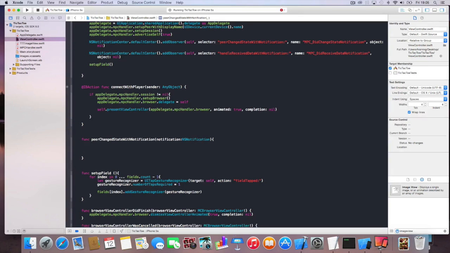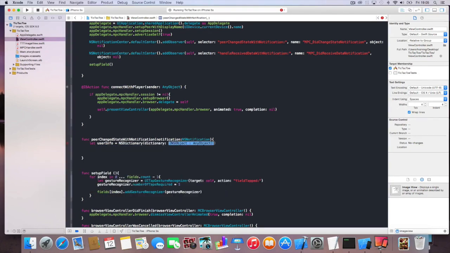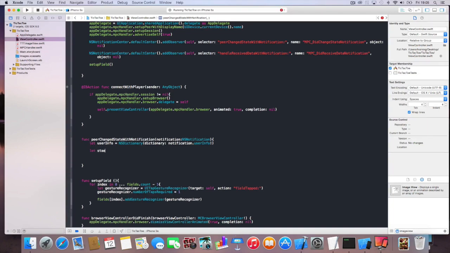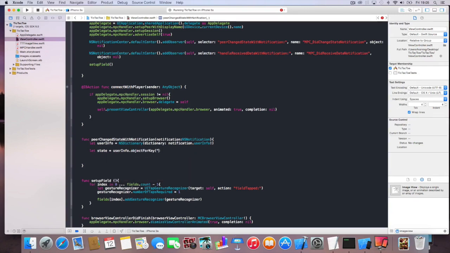Let's use this information by accessing the user info object of this notification by creating a user info object. Let's use an NS dictionary because it's a little simpler to read, and we'll access the notification.userinfo, and we have to unwrap this. Let's see if this works. Yes. And now let's get the state. So let state equal, state, and this is going to be user info dot object for key, and now we can just use the key that we have defined earlier, which is state,